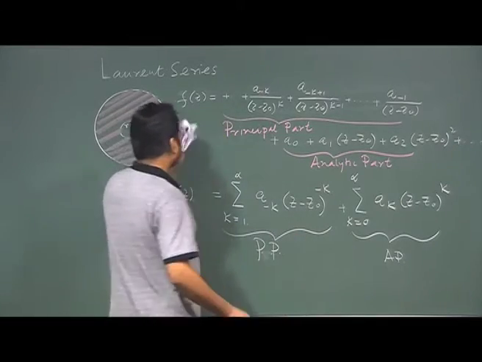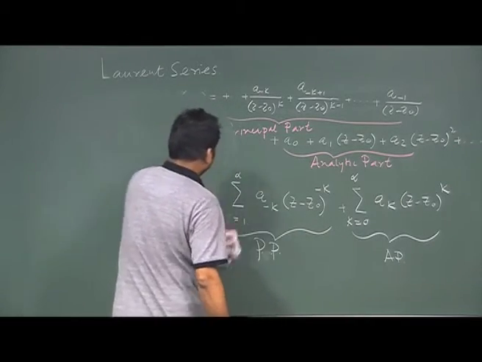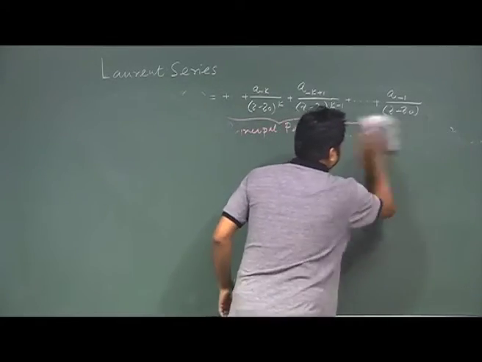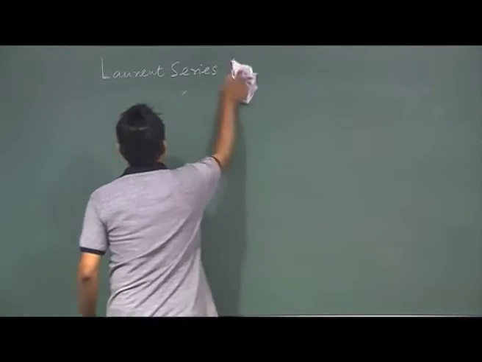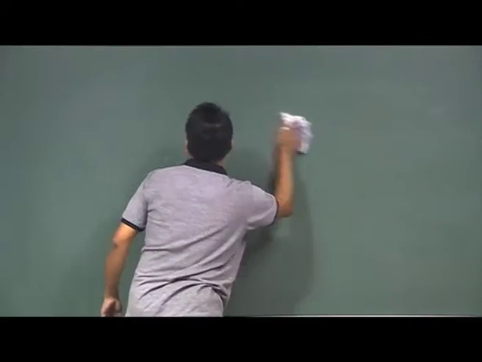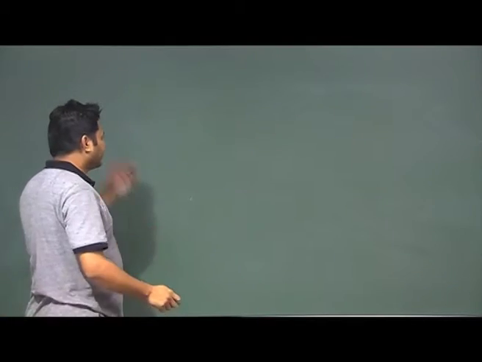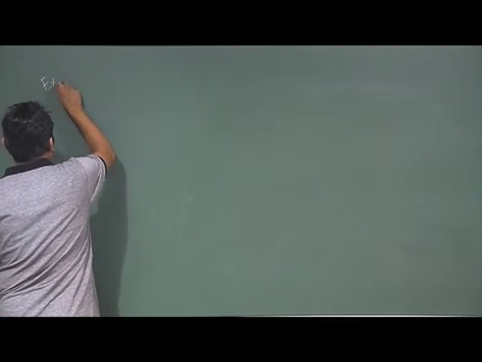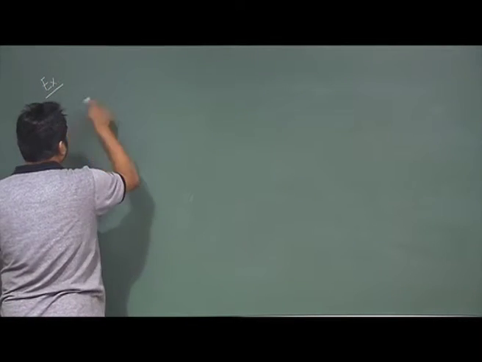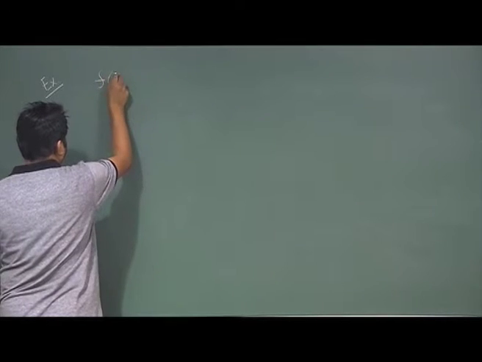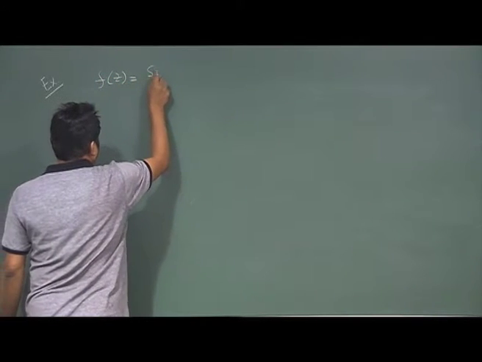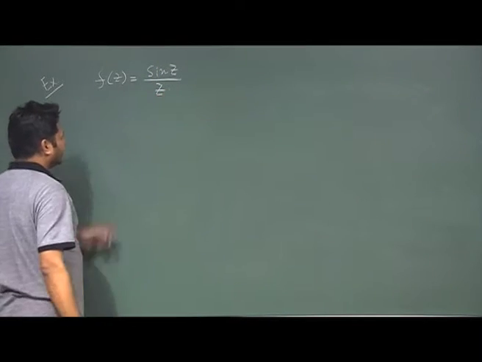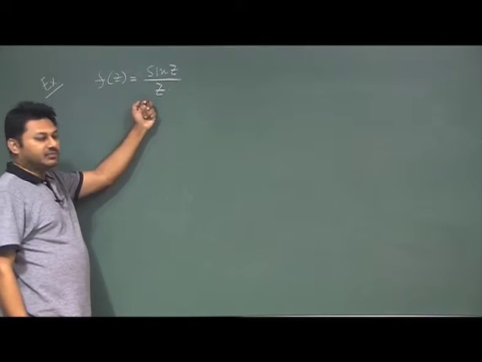So, let us now give some examples of singularities, and then we may understand how these things are happening. I know how the Laurent series is expanded, and now I try to find a few series and check. The first one is the same function that I wrote last day. Let me start with this function, sin z divided by z.